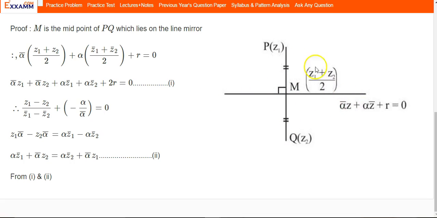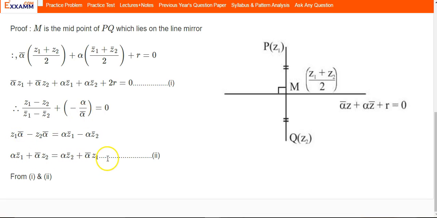particular line. Now what is the complex slope of this line? It is (Z1 minus Z2) upon (Z1 bar minus Z2 bar). And what is the complex slope of this line? It is, as per the formula, minus alpha upon alpha bar. But these two lines being perpendicular, the condition in case of complex slope is omega 1 plus omega 2 is equal to 0. So in that we put the values of omega 1 and omega 2, and we get this